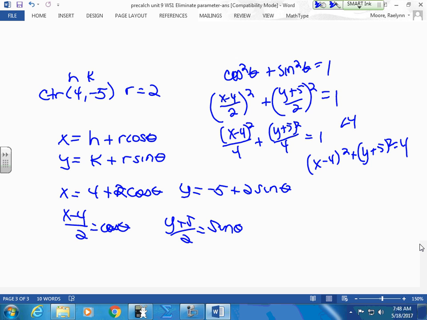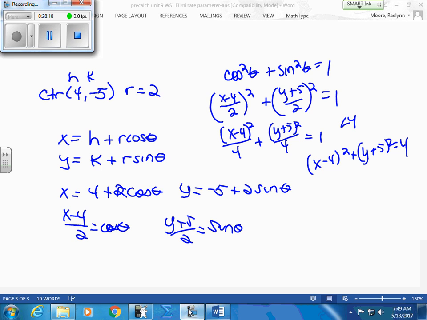We don't have any more units? You have one little unit. We have polar yet to do. We have polar, which